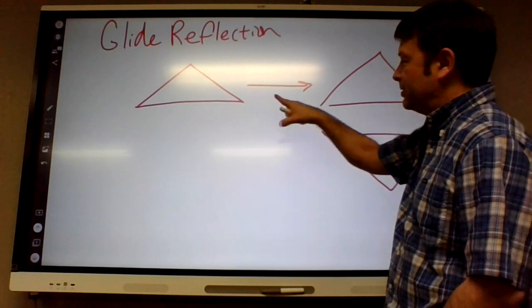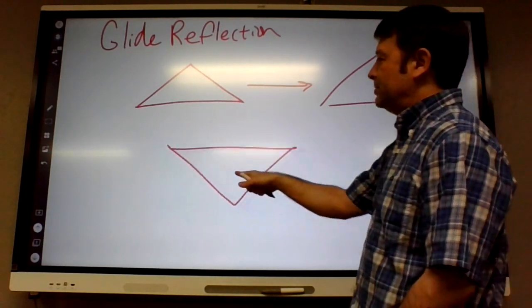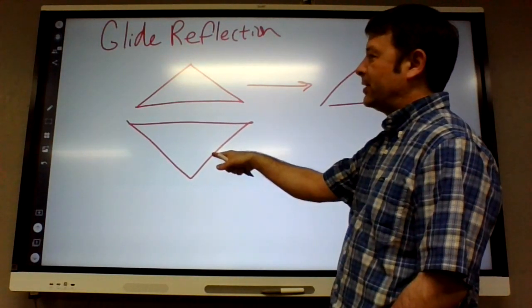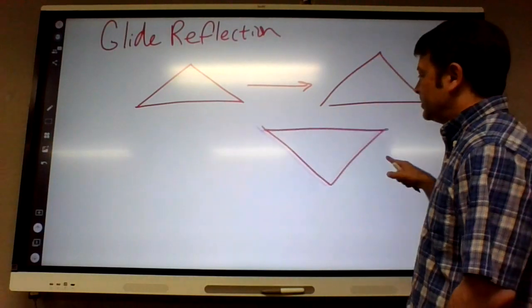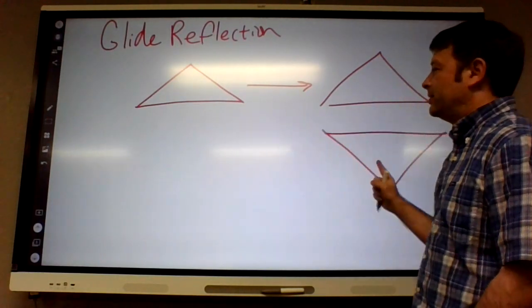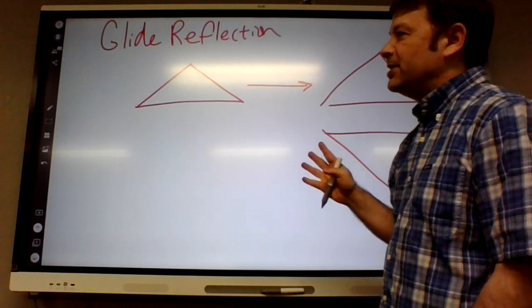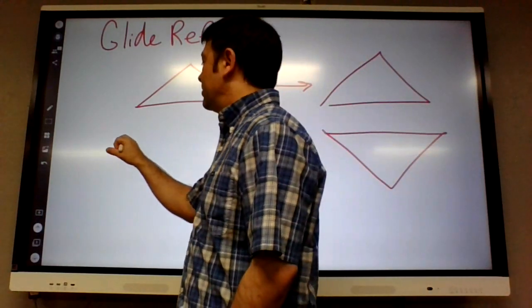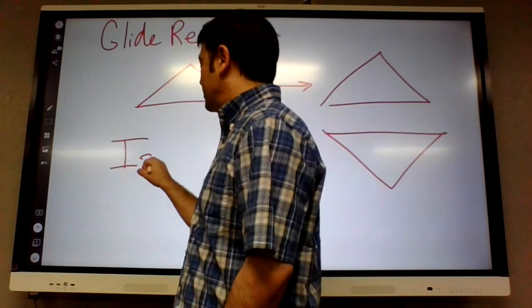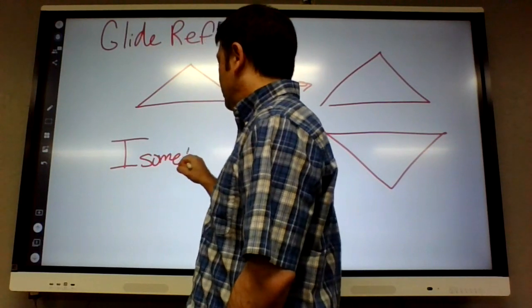So it starts here, ends up over here. Just a reflection would look like that, right? But the glide reflection could start there and end there. Okay, so all of these things together, those 3 things we did last week and the glide reflection, they're called